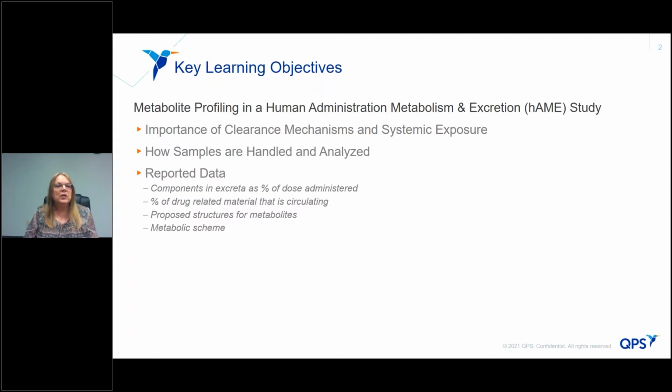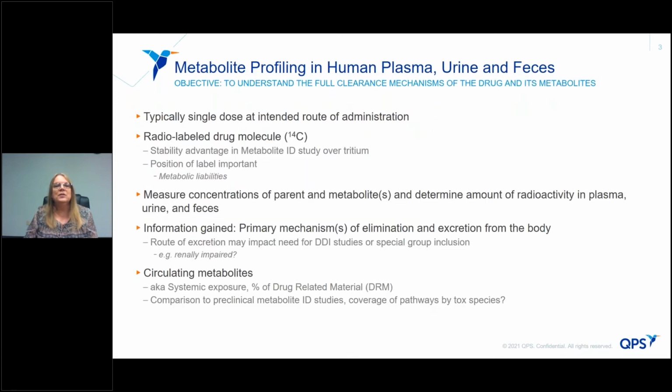So the kinds of data that you will get in these reports are the components in the excreta as percent of dose administered, the percent of drug-related material that is circulating, the proposed structures for the metabolites, and a metabolic scheme. The objective of one of these studies is to understand the full clearance mechanisms of the drug and